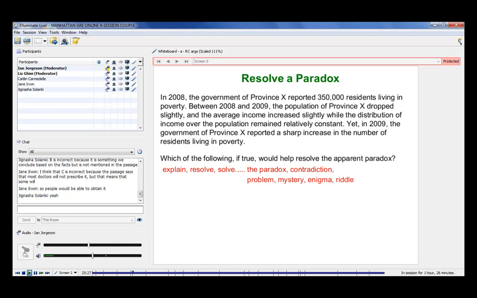In 2008, the government of Province X reported 350,000 residents living in poverty. Between 2008 and 2009, the population of Province X dropped slightly, and the average income increased slightly, while the distribution of income over the population remained relatively constant. Yet, in 2009, the government of Province X reported a sharp increase in the number of residents living in poverty. So,